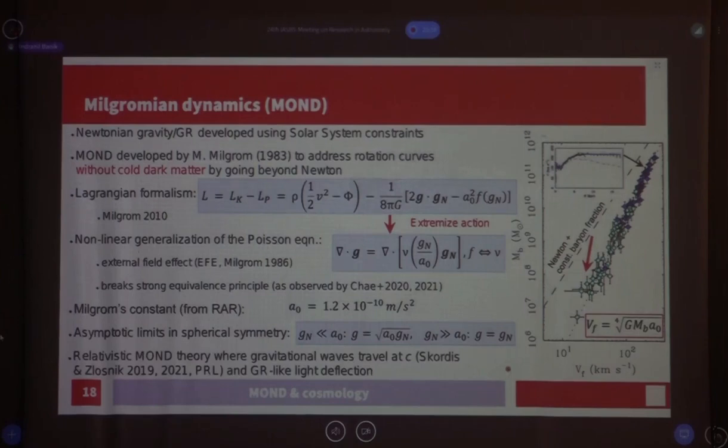So the other thing I want to mention was the lensing constraints. You get the same relation between the gravity experienced by non-relativistic particles and the light deflection as in general relativity. Also, we can get the gravitational waves to travel at the speed of light. So that's actually helped us in the MOND community, because it constrained the types of relativistic extensions we're actually allowed.